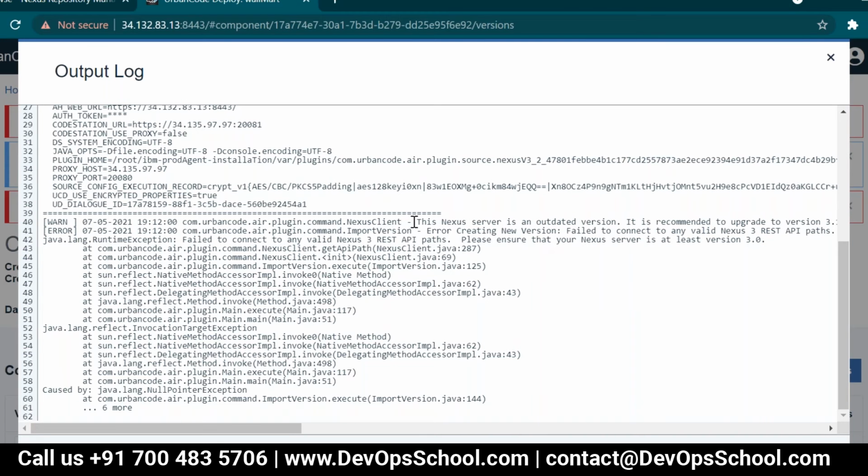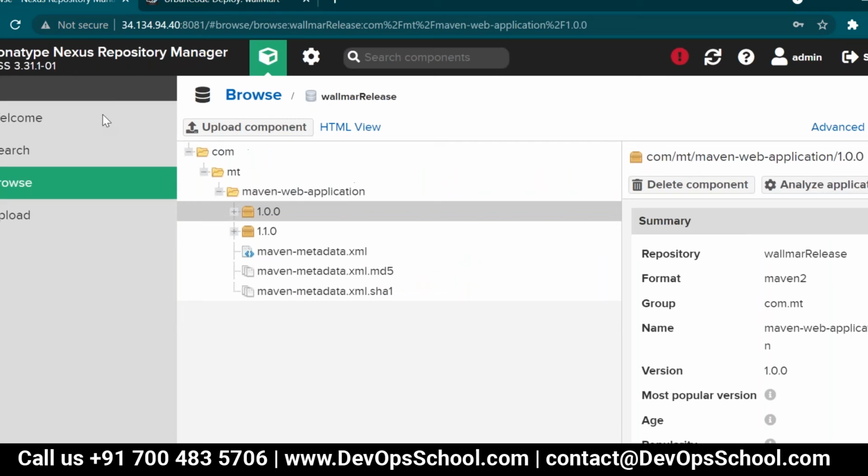See, it is telling that the Nexus server is an outdated version, so you have to update. How did you install the Nexus server? It was a new version that I downloaded. I went to the Nexus repository. This is 3.x, the new version only. Then how is it saying old?